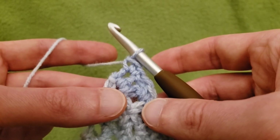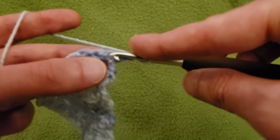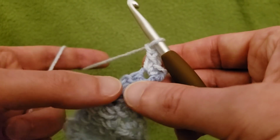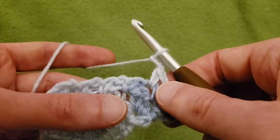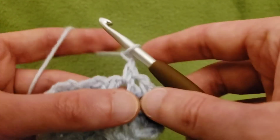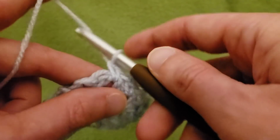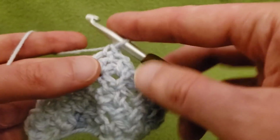Let's do one more. Let's live dangerously, shall we? Chain 1, turn the work, 2 singles in the first stitch, chain 1, and then single in the chain space, chain 1, and then single in the chain space, chain 1, single in the chain space, chain 1, single in the chain space, chain 1, 3 singles in that second single,